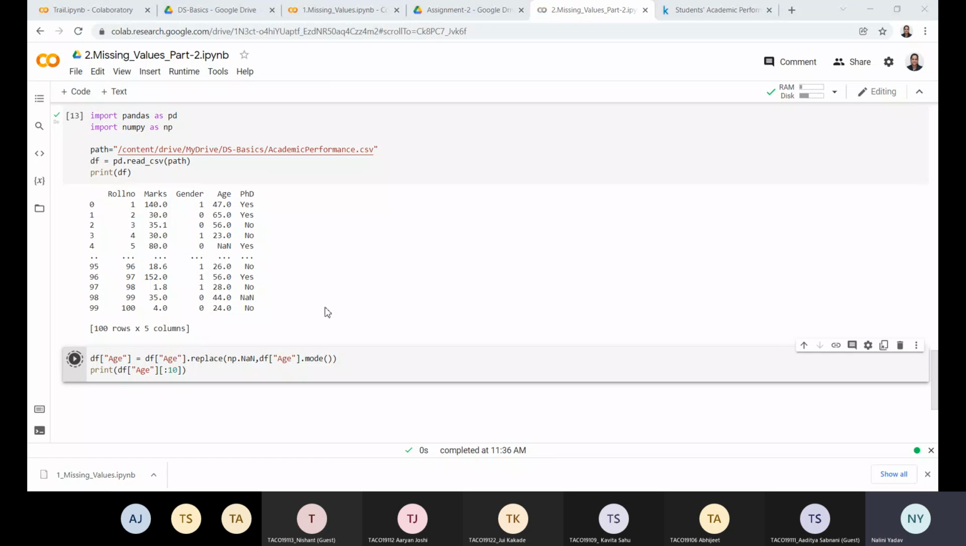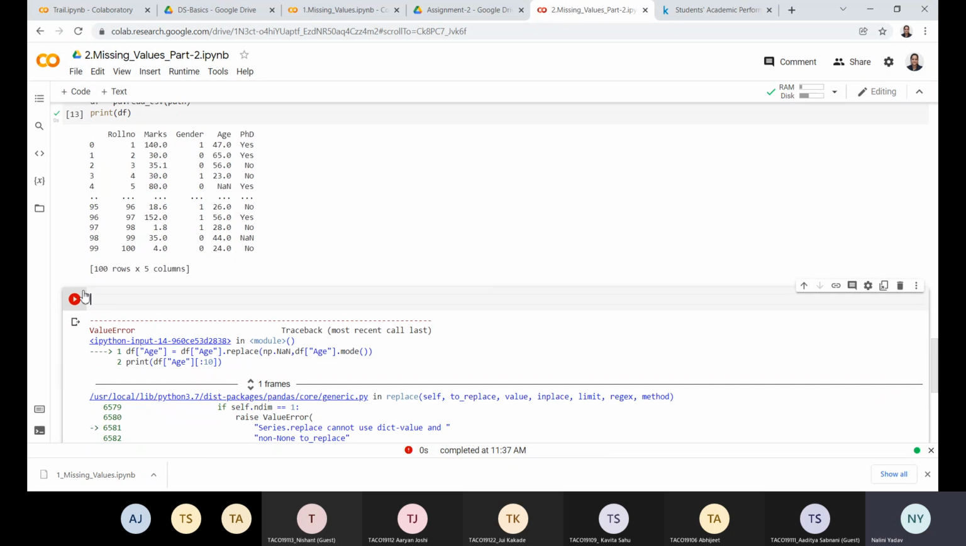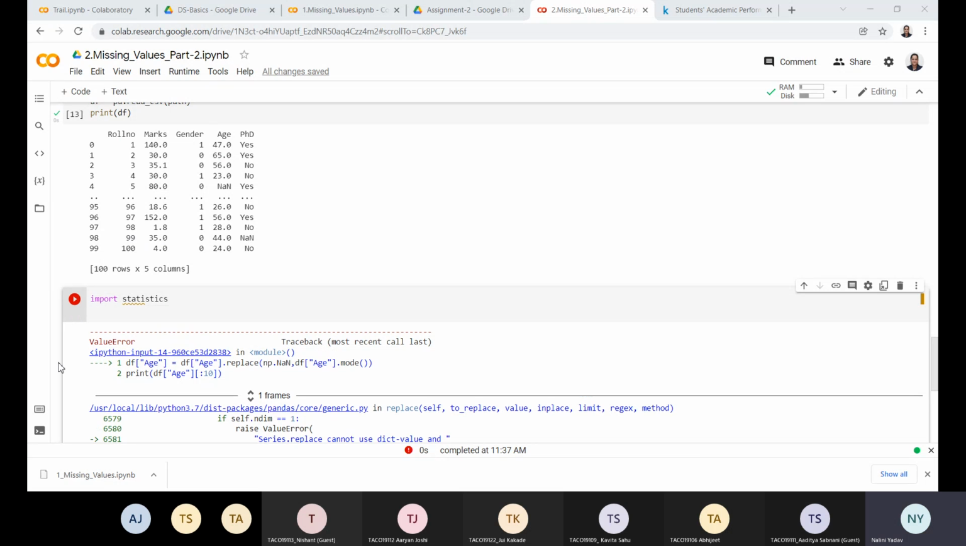Correct? So here if you try to execute, it may not work correctly because it doesn't work directly with the mode. Here what I have to do is, for mode I have to import the package of statistics. The mode is not available with NumPy or pandas. For the mode I have to import the package of statistics. So stat. So I am importing this statistics package, and then I will be saying df age value,